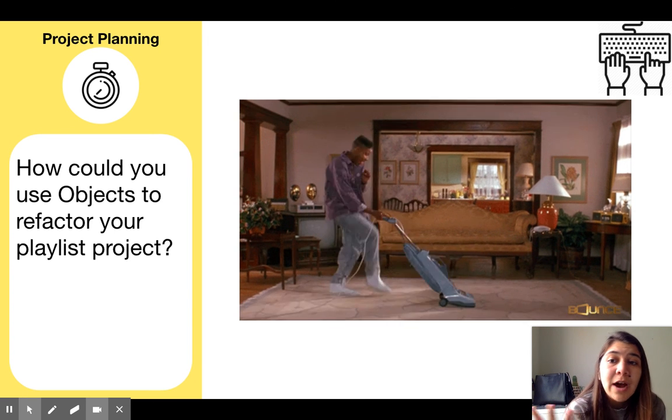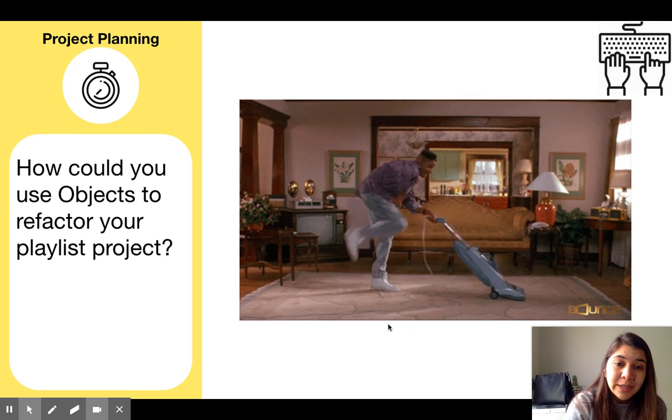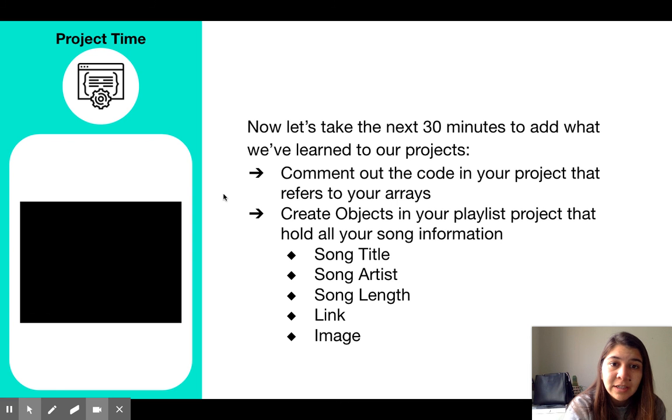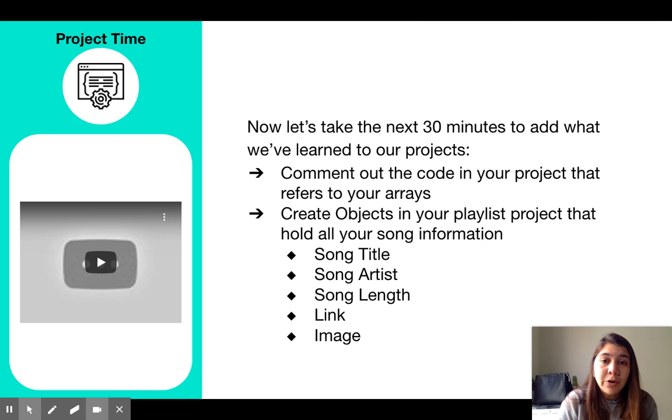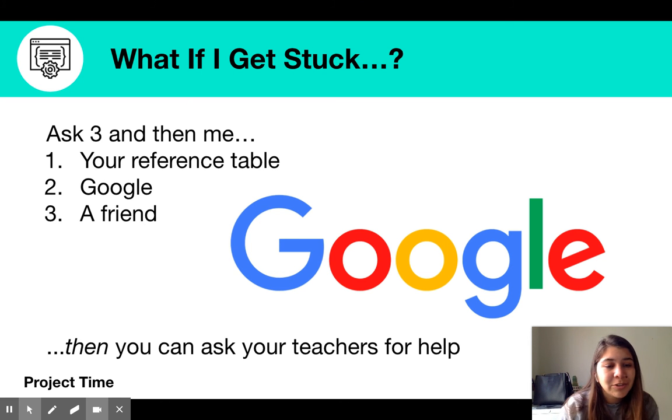So my question to you is, how do you think you could use objects to refactor your playlist project? In our work time, your goal is to comment out the code in your project that refers to your arrays and then create objects that are going to hold your song information. So you might have a song object for each song with the title, artist, link, and image, and make all of those things display and create a new object with the click handler as an idea. And as always, use your resources as your